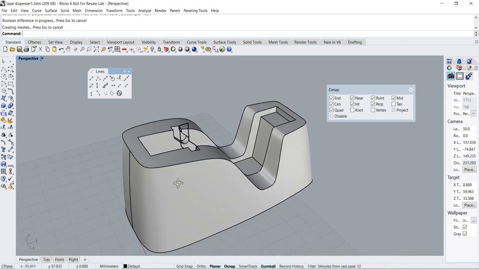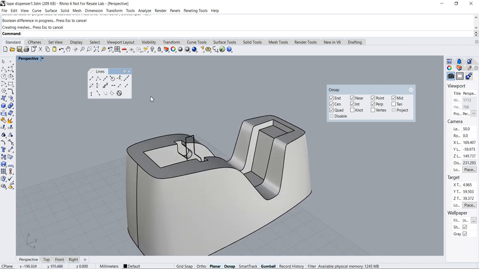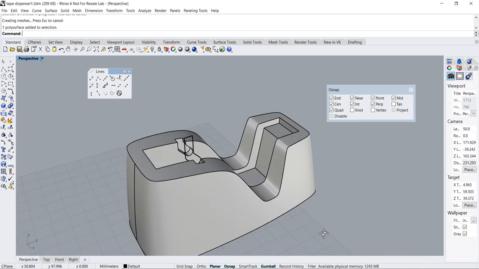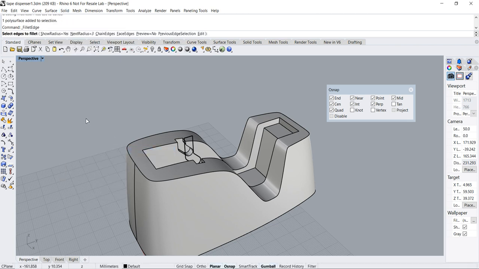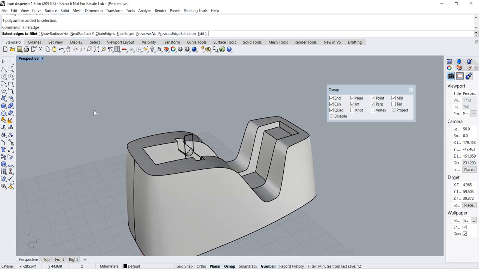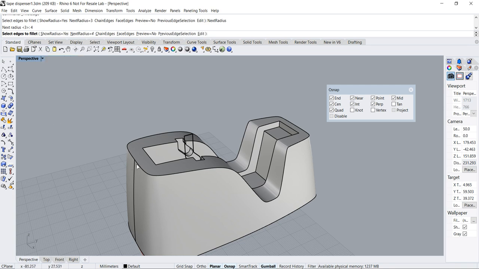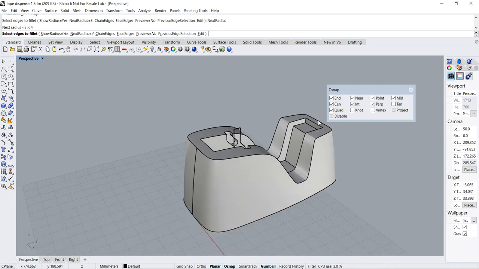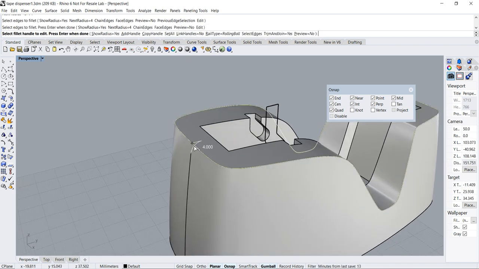Now I want to fillet the sides. Because this is already a solid, we can use the solid fillet. So go to solid, fillet edge. I want to set the fillet radius to be, let's say, 4, over here, and maybe here I want to set it to 1. So I click on this, enter. So this will be 4,